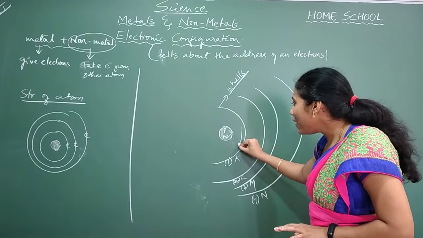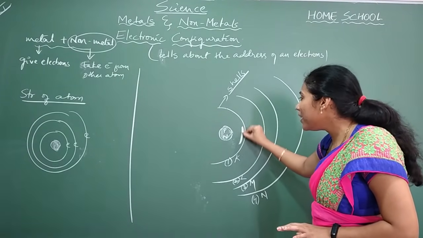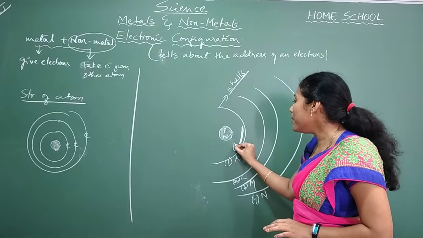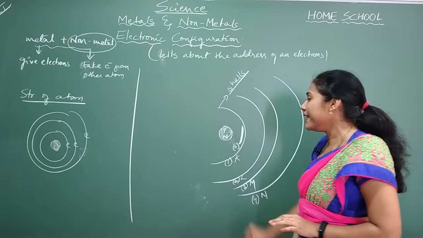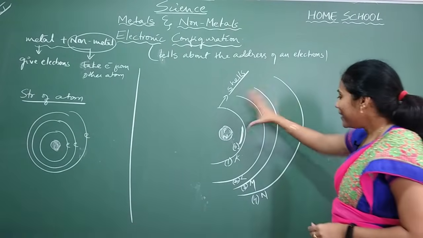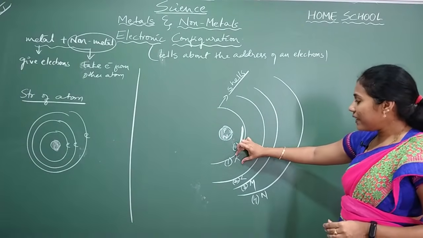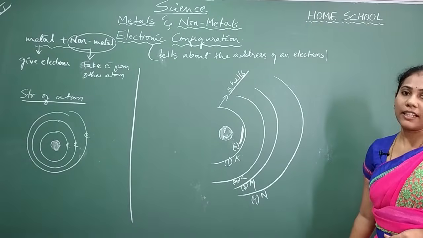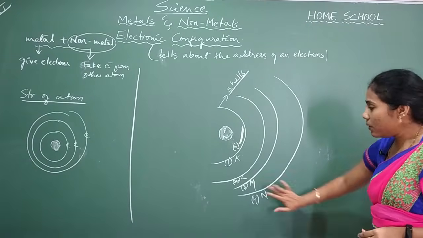Okay, K taluk has actually only one colony, and that colony has a name. What is that name of the colony? S colony. Okay, got to know everybody? In this district, K is one taluk, L is one taluk, M is one taluk, N is one taluk. Okay, four taluks are there.